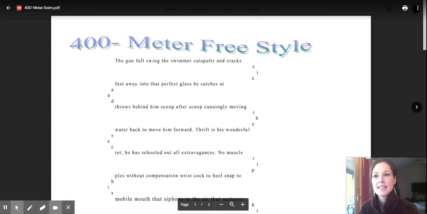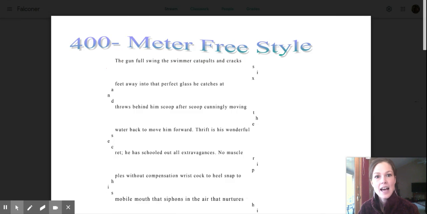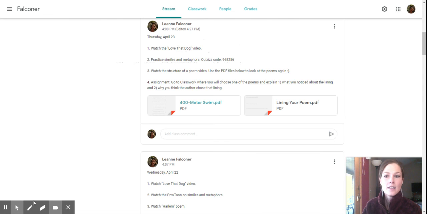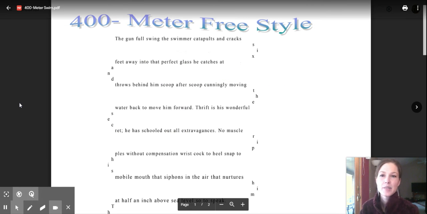And the last poem we're looking at today is the 400-meter freestyle. And you may have seen in the Olympics a race in a pool called the 400-meter freestyle. So as we read this poem, I want you to think about how the form contributes to the meaning. And again, think about what you've seen maybe in an Olympic race as somebody is swimming. We have this first line, and then we have 3 curved letters leading into the next line, 3 curved letters going into the next, and so on and so forth. So let's go ahead and read together.